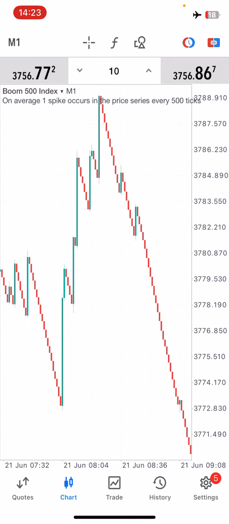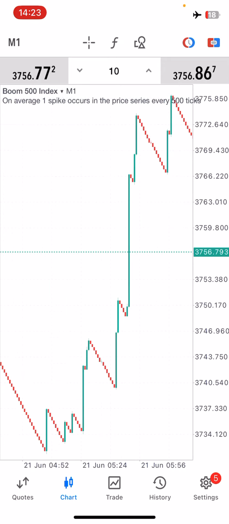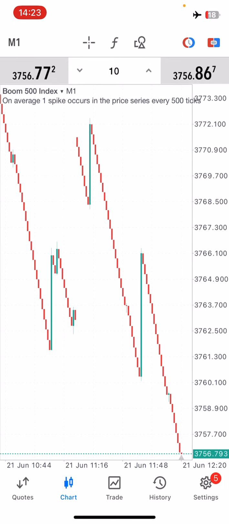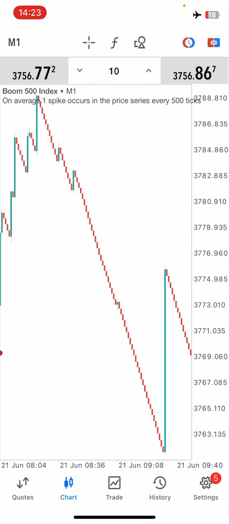Okay, so as you can see, right now I have a blank chart, not necessarily blank because I do have my candlesticks. My bullish candlesticks are green, my bearish candlesticks are red, as you can see. And so we are in a 1 minute time frame on boom 500, and this is the time frame that we can also use with this strategy. Like I said, we can go to the 5 minute, the 15 minute, the 1 minute,